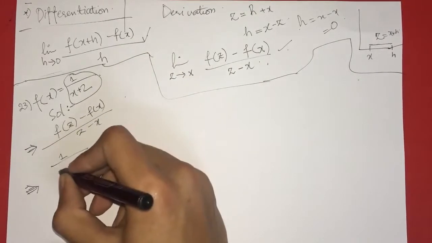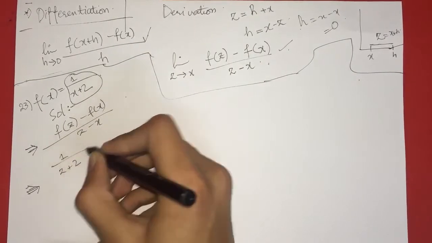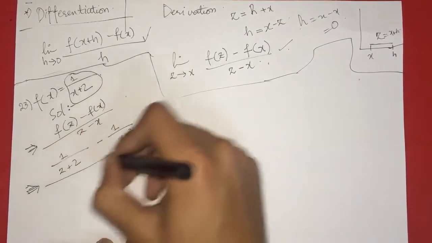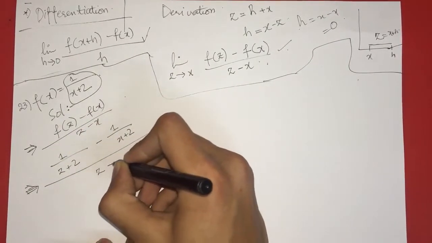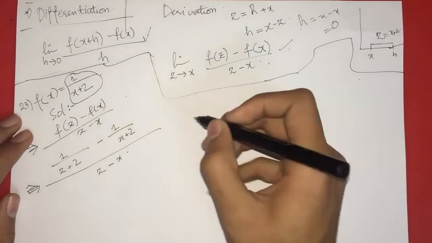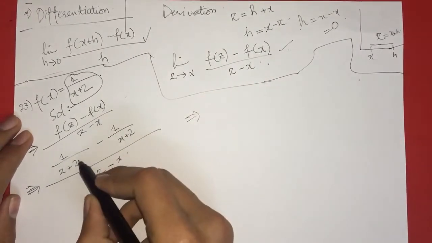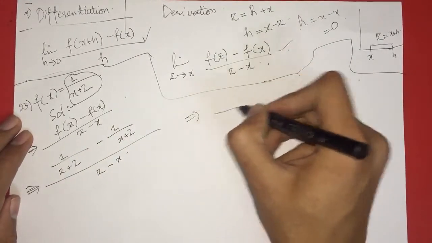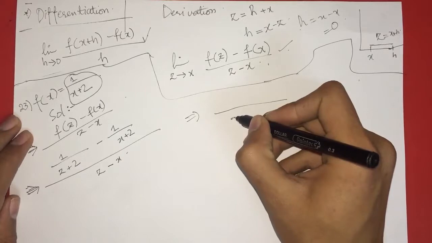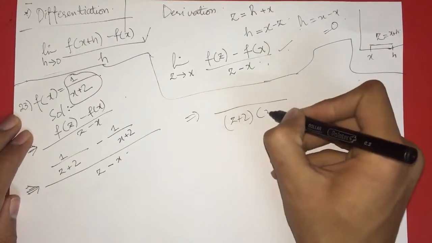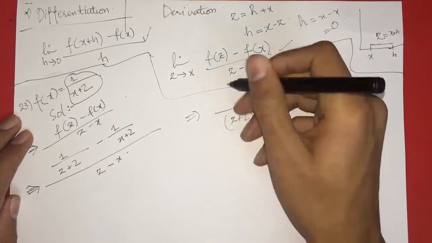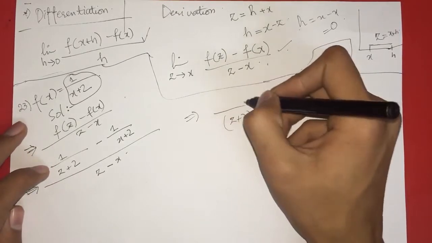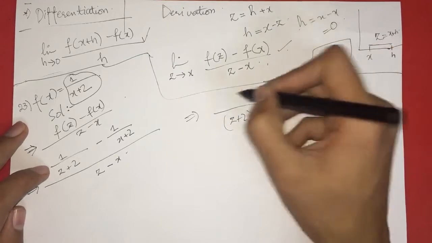So it will be 1 by z plus 2 minus 1 by x plus 2, divided by z minus x. Now we are going to solve this by taking the LCM. The LCM will be z plus 2 into x plus 2, and when we multiply each term by the LCM, we are going to get